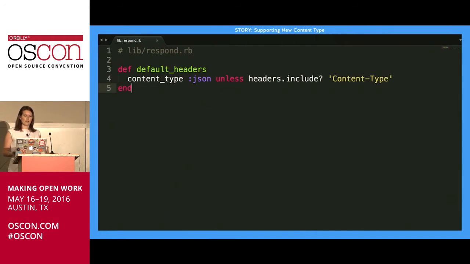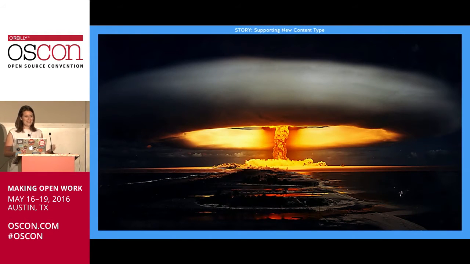And we decided, OK, we shouldn't write JSON response for all of them, OK? If we set a content type, I don't want you to overwrite that. So only set it to JSON if I haven't already set it. OK, cool, right? No problem, no big deal. Boom. So this actually resulted in errors in production.